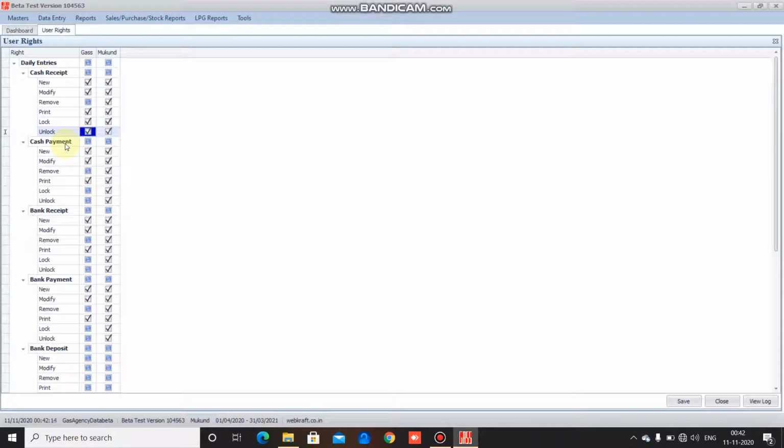Now we move on to another option, cash payment, where I am giving once again restricted entry of making new entries, modifying and print to Gas user. Then in bank receipt, once again I am giving for new, modify and print, and also the same for bank payment, but nowhere I am giving the access to remove the entry to the user Gas.